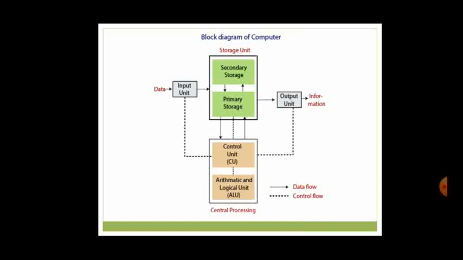Now, based on the user's requirement, whether the user wants to store the data temporarily or permanently, the processed data is stored on primary memory for temporary use or permanently on the secondary storage. Then the processed data is sent to the output unit. The output unit may be a printer, a monitor, or a projector. Based on the output unit, the processor sends the processed data, that is information, to the output unit. This was how a computer works. Now let us see these 4 units in detail.